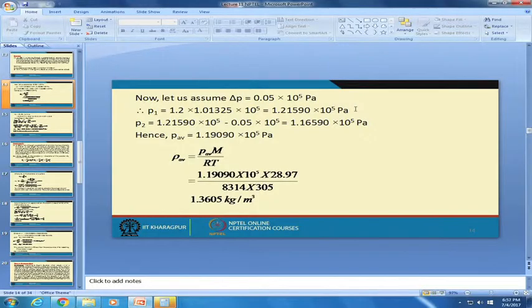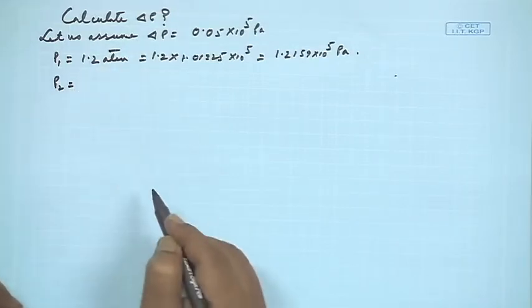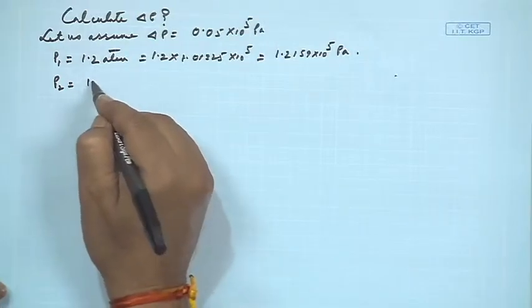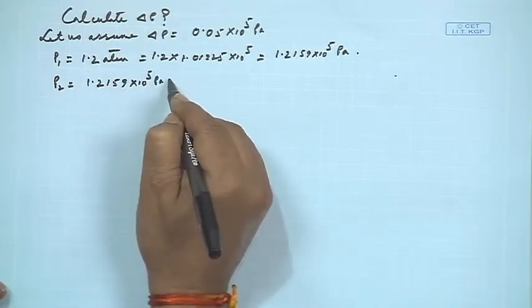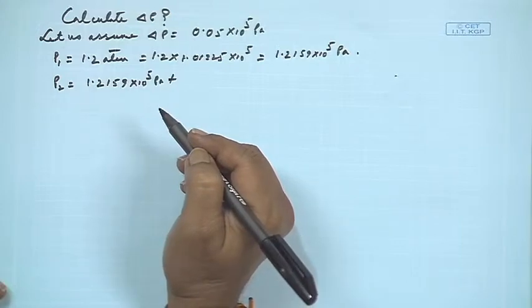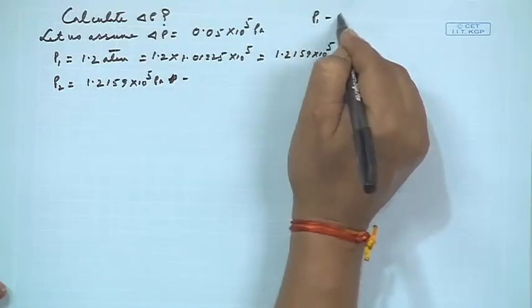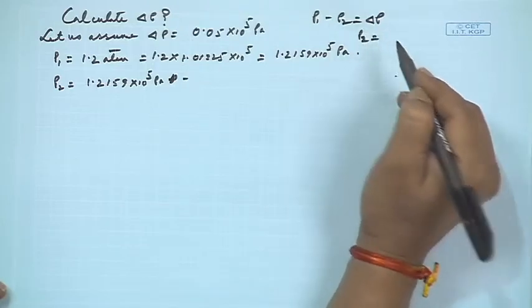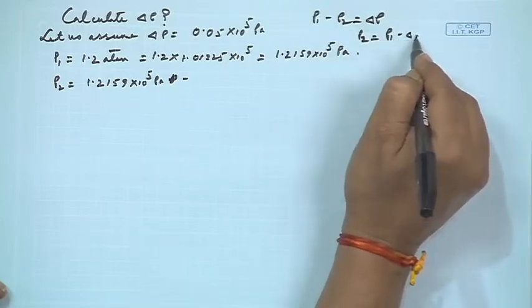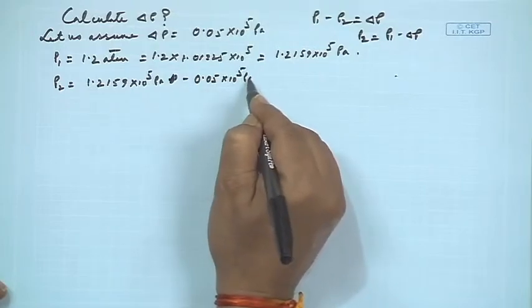So we can say that if P1 is so much, then P2 is equals to 1.2159 into 10 to the power 5 Pascal plus delta P. Oh, this P1 P2 will be the minus, so P1 minus P2 is equals to delta P. So P2 is equals to P1 minus delta P. So minus 0.05 into 10 to the power 5 Pascal is equals to,